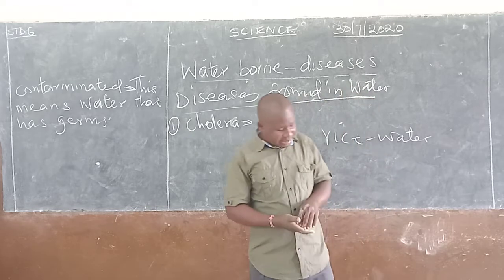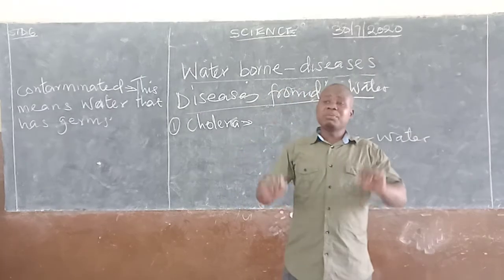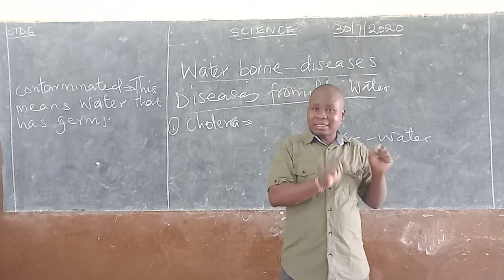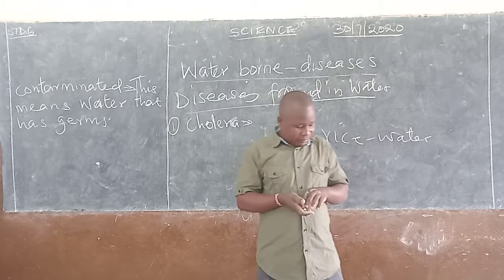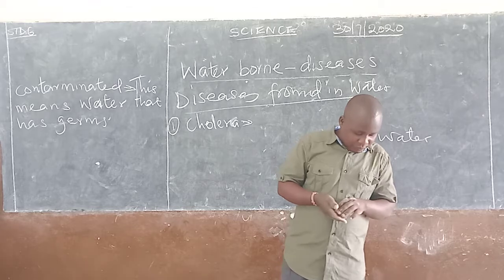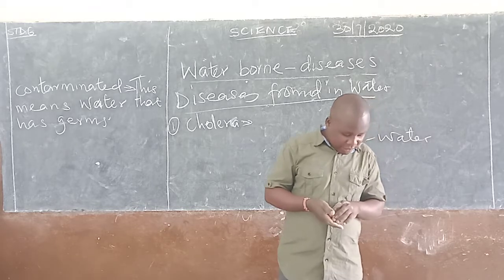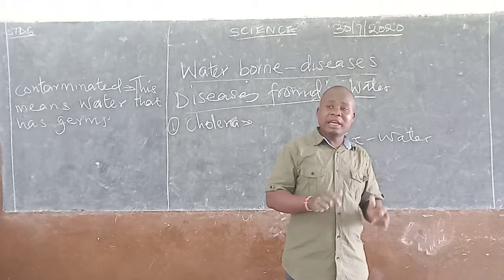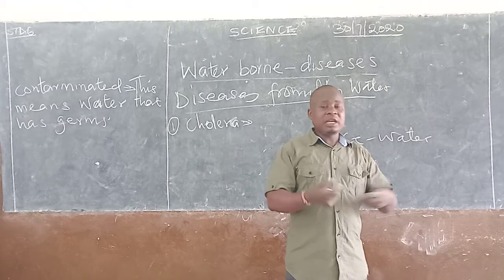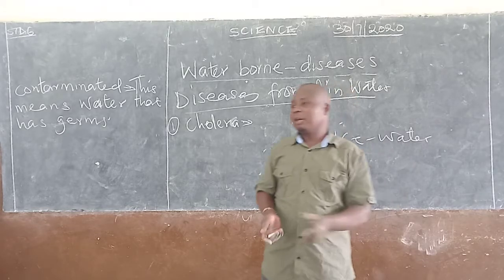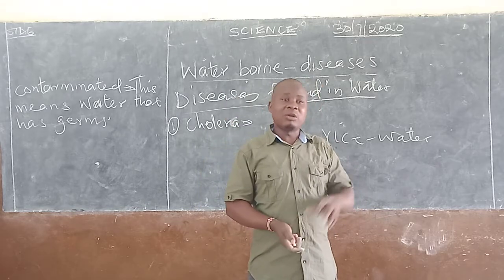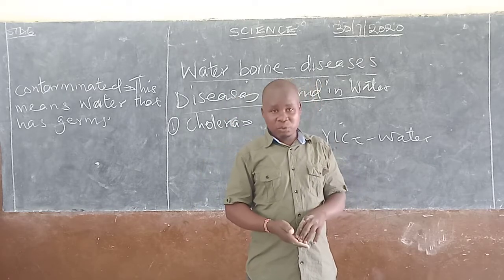To prevent this, as I said, there must be proper disposal of feces or waste. For example, human feces must be properly disposed of. Ensure that there is a pit latrine. If there is a toilet, then you flush the toilet. I've realized that some younger brothers or sisters do not flush the toilet very well, so you can also guide them or help them to do that.